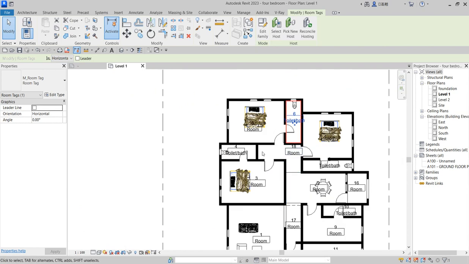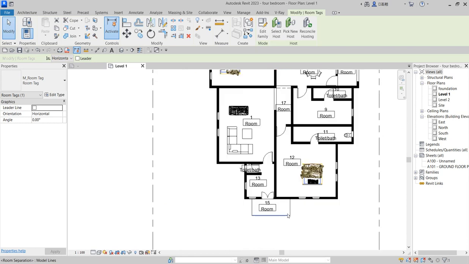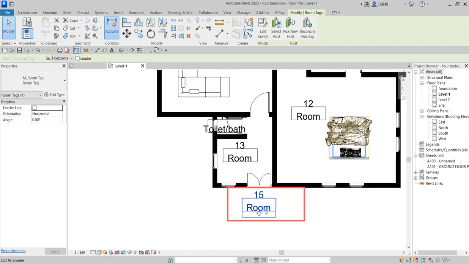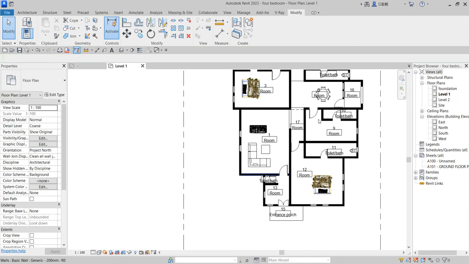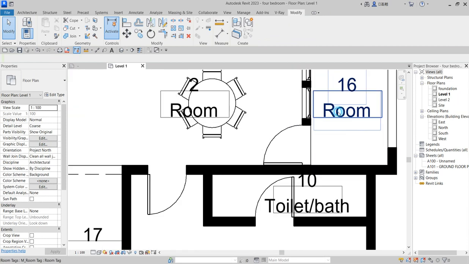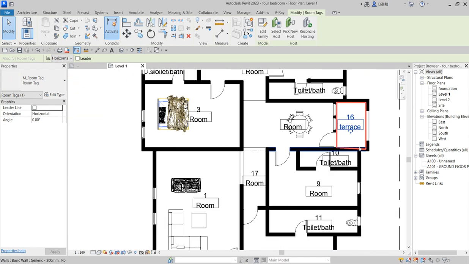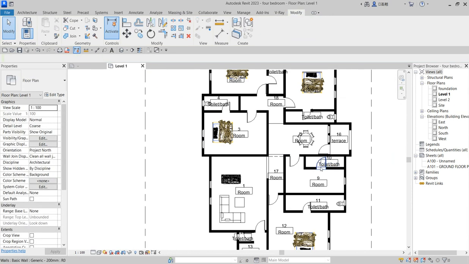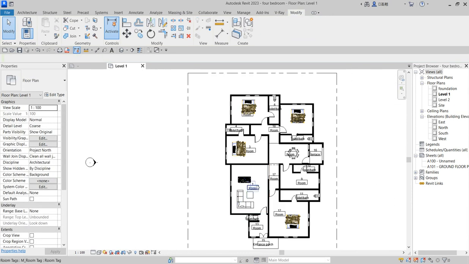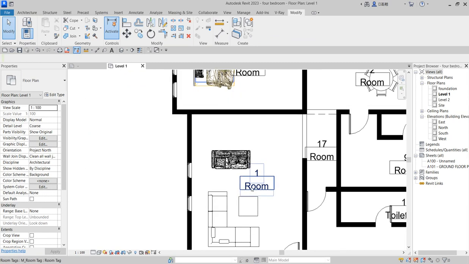So now I've gotten this one. So the next thing I want to do is to change the name of this one. I'm calling this one entrance porch. Fine. So this one I'm calling it terrace. Good. Let's have issue again. Just leave it. We're going to work on that later. So terrace, then you change this one,